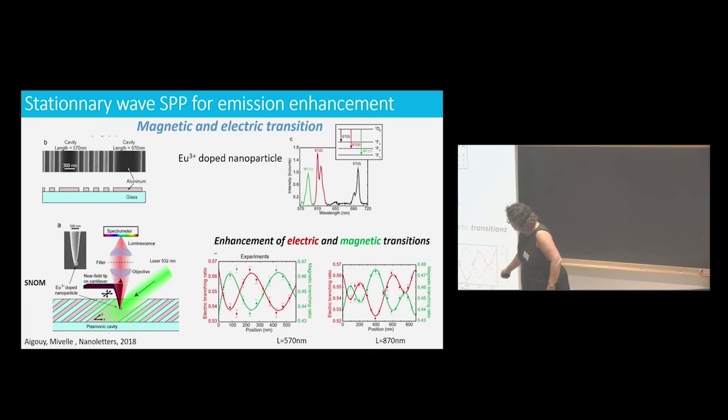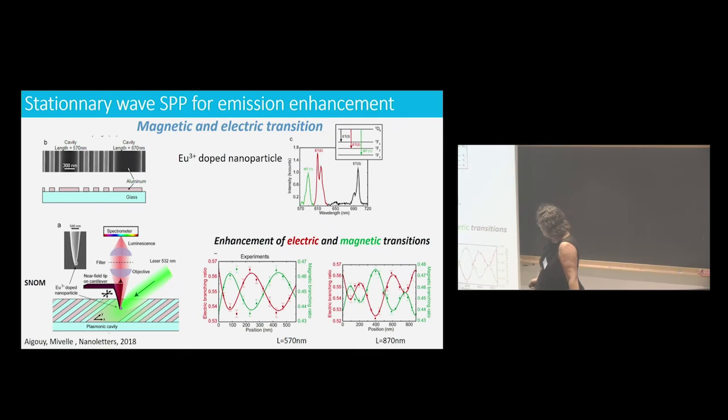So this has been done here. Here you have the plasmonic cavity, and we scan along this direction. On the tip here, you can see that we have put a particle, so nanoparticles of this. When we scan along the direction, when we have a resonance of the electric field, we will excite mainly these transitions, the electric one. When we have a resonance of the magnetic field, of course it is an electromagnetic field, so we have both, then we will excite this transition.